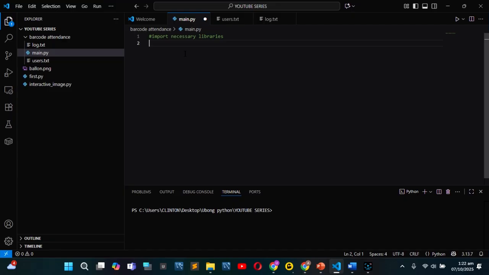First of all, of course, we are going to import OpenCV, our cv2. All right, then we'll import what we'll use to decode the barcode. There's a very nice library which we call Py